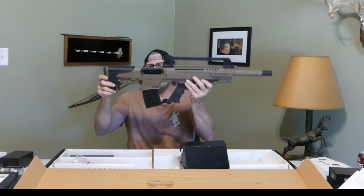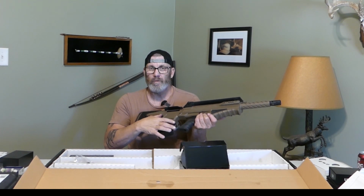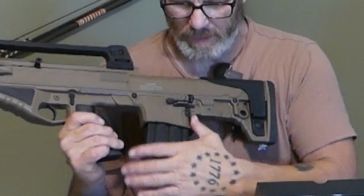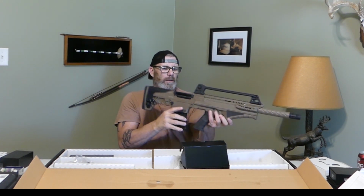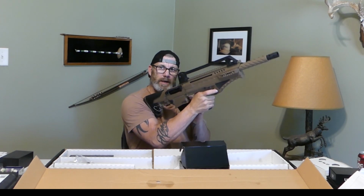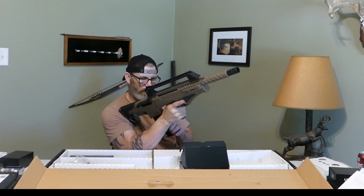They are metal framed with polymer insert. Yeah, the magazine in there. The nice thing about this is it has a button on the side here for your mag release. It also has one over here. It's like a switch. You just kick it over with your finger or your thumb and it drops that mag. Really cool, because if you're in the firing position like this, you can come right here without taking your finger off, flip that and take it out and do what you gotta do with your left hand